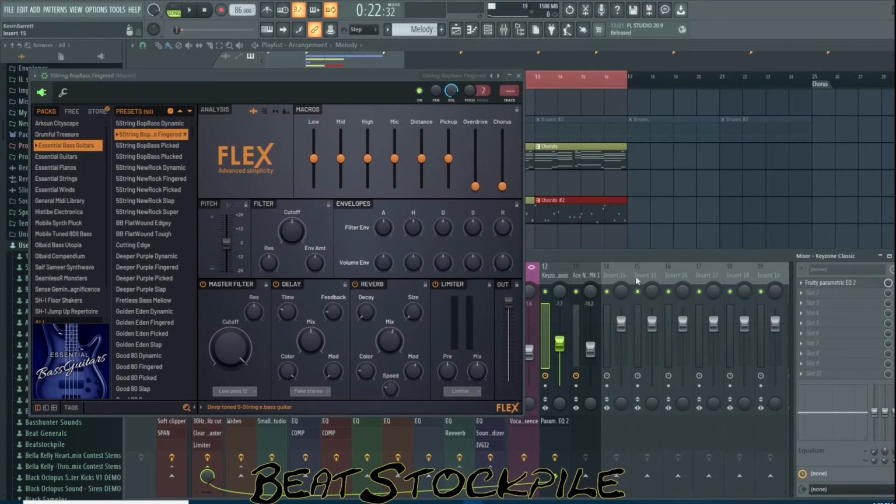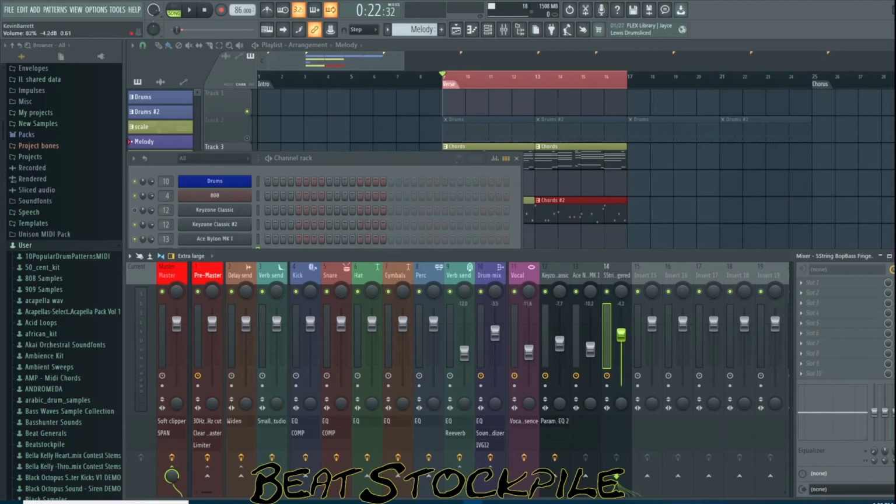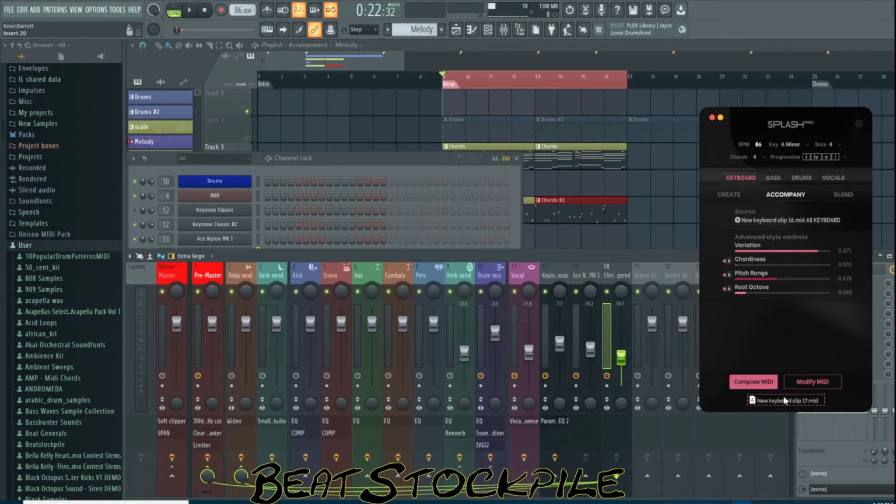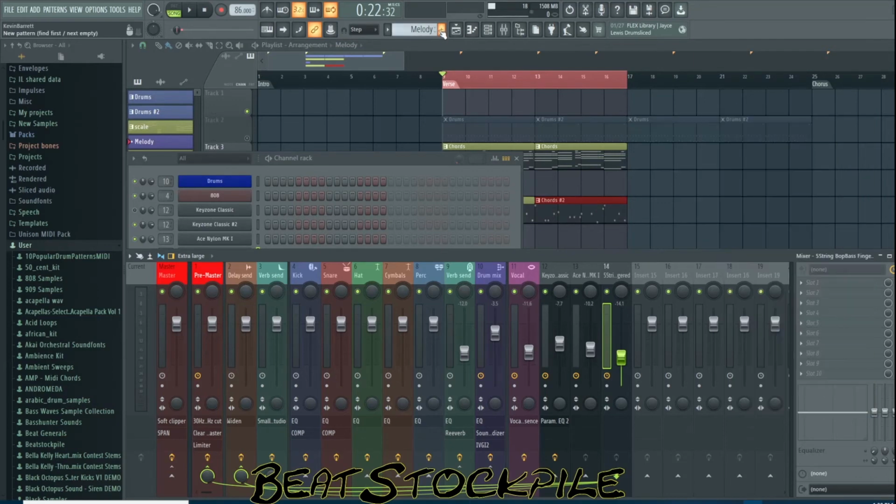All right, we're going to put this on our mixer. Close that down. We want to turn this volume down because we're going to send it to the pre-master and add some delay and a little bit of reverb. And what we're going to do is go back into Flex, take that MIDI that we had earlier, drop that in there, and we're going to select bass this time. So now we need to add bass to our program